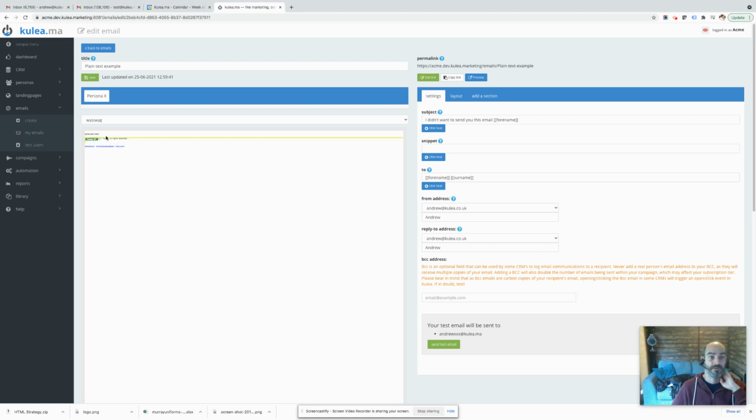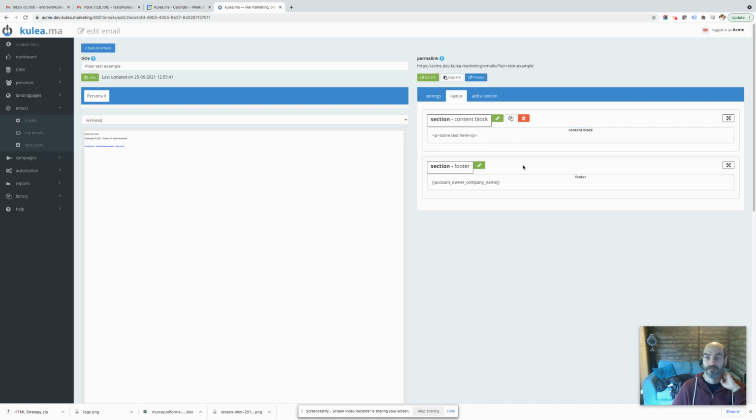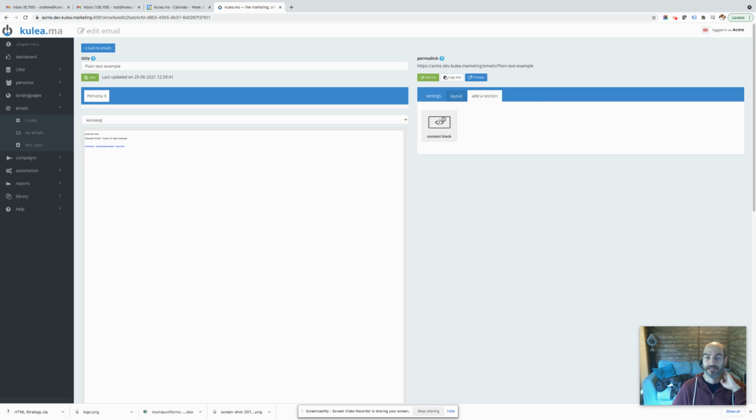Actually, first worth mentioning that this comes in two blocks. So you've got two sections here. You've got the content section and you've got the footer section. They're both very discrete. Go and look in the layout. You see they're a bit more obvious there. Footer, content section. And if you look in the outer sections, well, you can't add any sections, I'm afraid, because